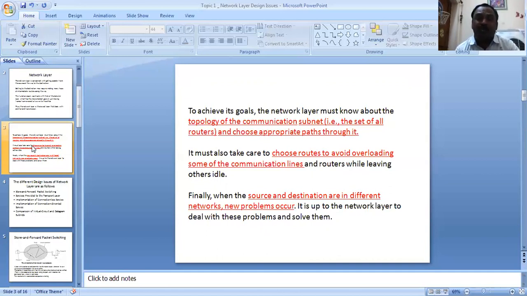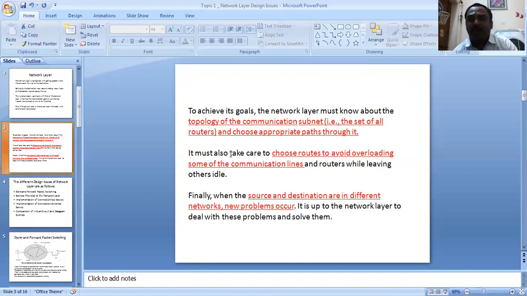Some points may be available, some points may not be available. So suppose there is a metro waterworks pipelining going on from Bounce to Neredme, so I can't use that line. Or if I'm having any disturbance or any traffic between Bowen's College and Finney Bakery, so I can't use that line. That's the reason why I should know the complete information of the subnet so that I can choose the appropriate path through which the data can be transferred from source station to destination station.